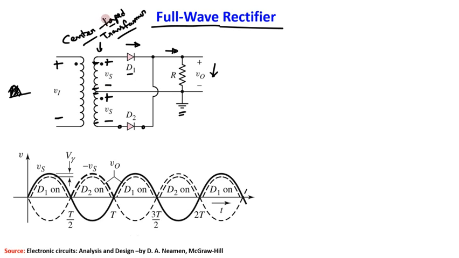Okay, let us then pick another color to show what is happening in the negative half cycle. So we are considering the blue color. We have chosen blue color to demonstrate the negative half cycle. So in negative half cycle, this becomes negative, this becomes positive, right? Now when this is positive, what will be the polarity of voltage at the secondary winding? So now this will become negative, this becomes positive, this becomes negative, this becomes positive.